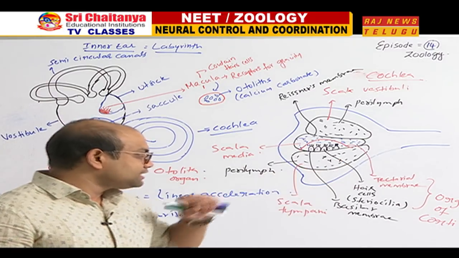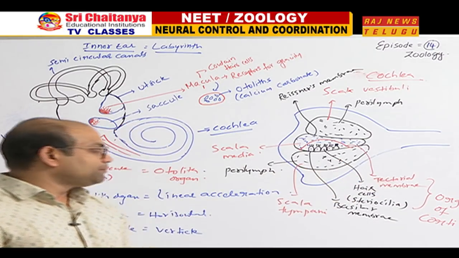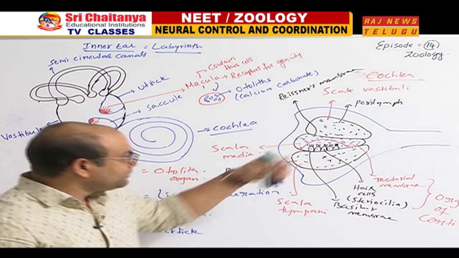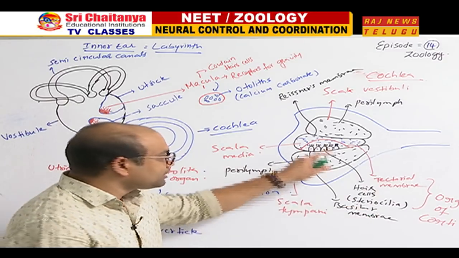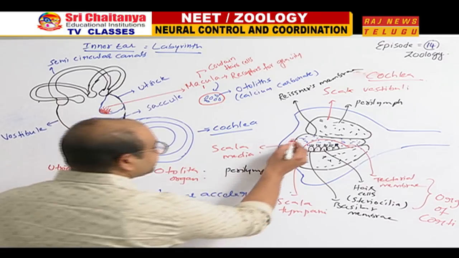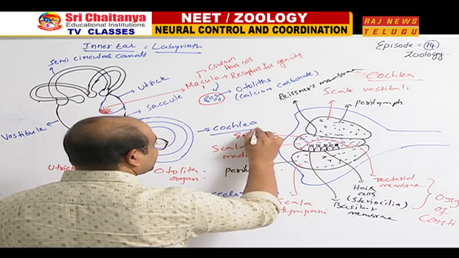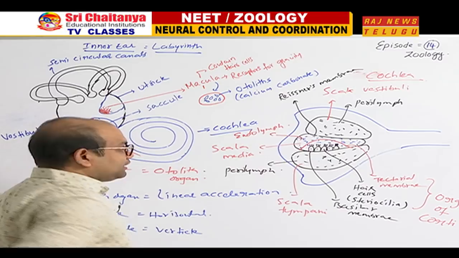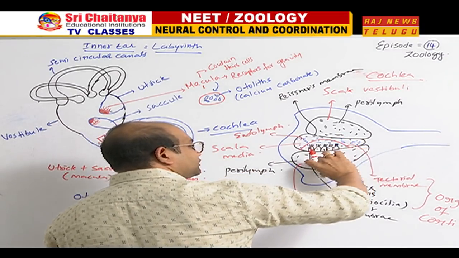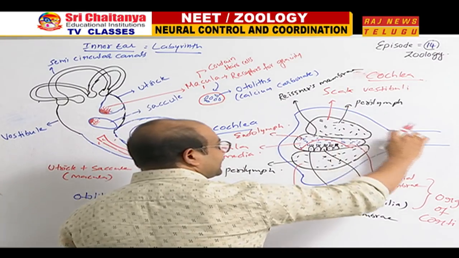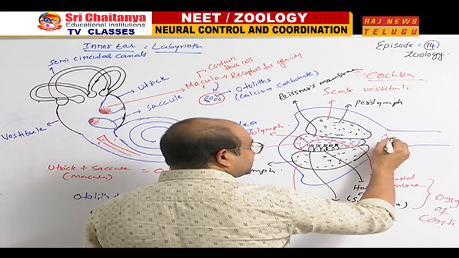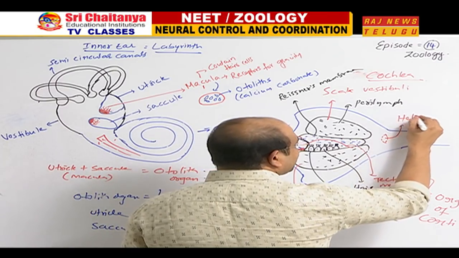Organ of Corti is having hair cells, organ of Corti is having tectorial membrane. Tectorial membrane is an elastic membrane, and these hair cells are located over the basilar membrane, and I can say organ of Corti is embedded within the endolymph. Within the endolymph. So, this is endolymph. Next, towards the tip, this is scala tympani, this one is scala media. They are connected with the help of a narrow aperture. That narrow aperture is known as helicotrema.